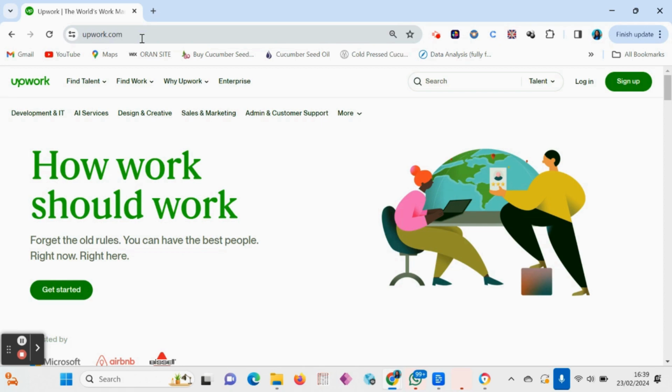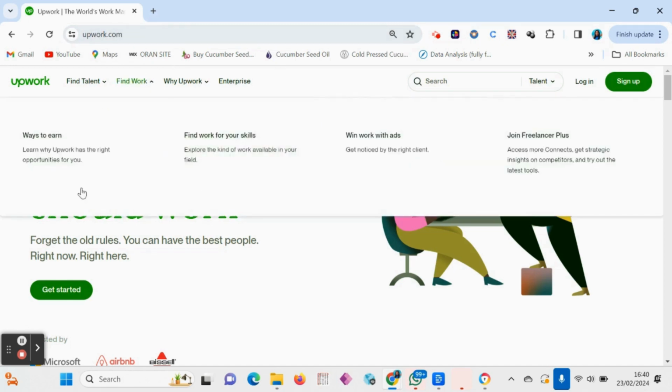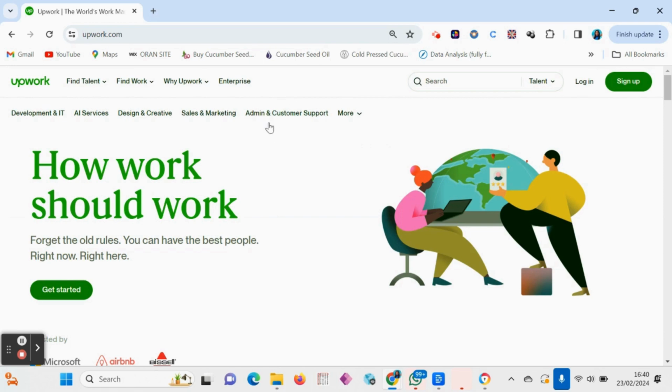Please note that you can only have one active account on Upwork. If you try to create multiple accounts, you will be suspended from the platform for several months, and you will not be able to create a new account until the suspension is lifted, right? So what you want to do when you come to the platform, you go to upwork.com. I'll drop the link in the description of the video. When you come here, you click on sign up